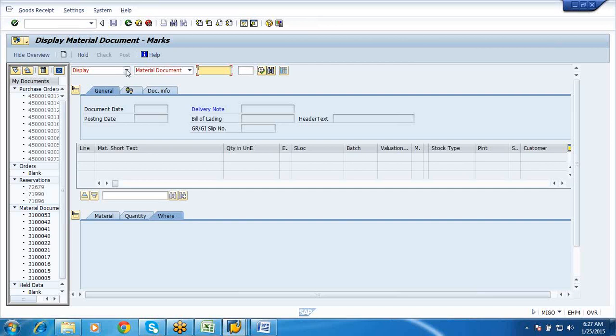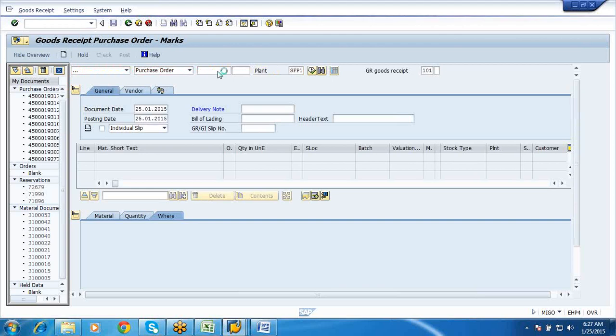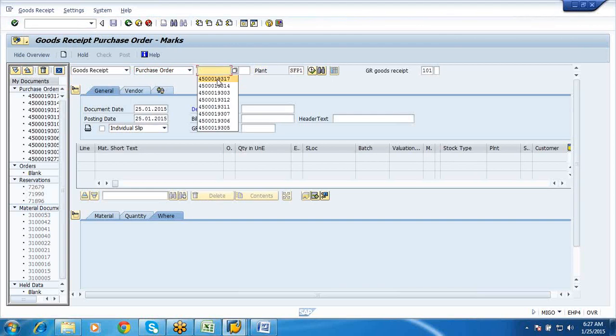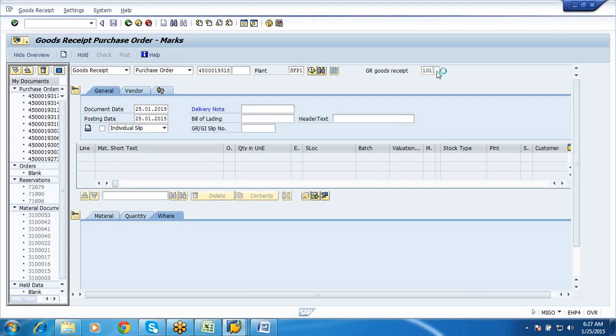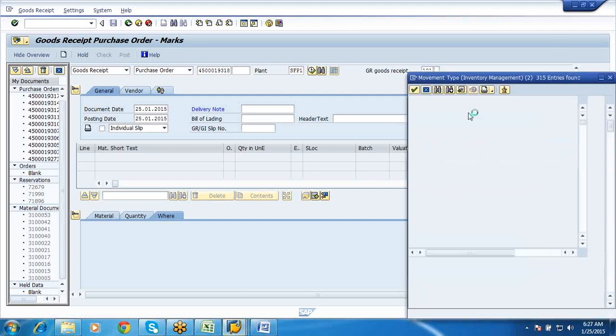Okay, so goods receipt, 19318. Okay, it is 101. So here about the movement type we need to check, is it 101K or 101?